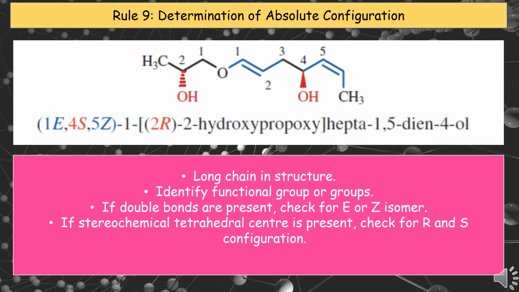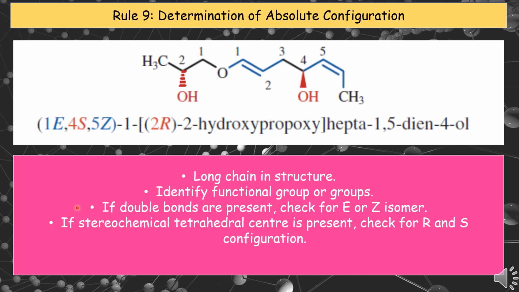We will practice one configuration considering the presence of a stereogenic center in an organic molecule. So here is the molecule. First of all, we have to check for the longest chain in the structure. According to this, how many carbon atoms are present in the chain? And we can see that a functional group is there. So we have to check what functional group is present. So first is the longest chain, then the functional group.